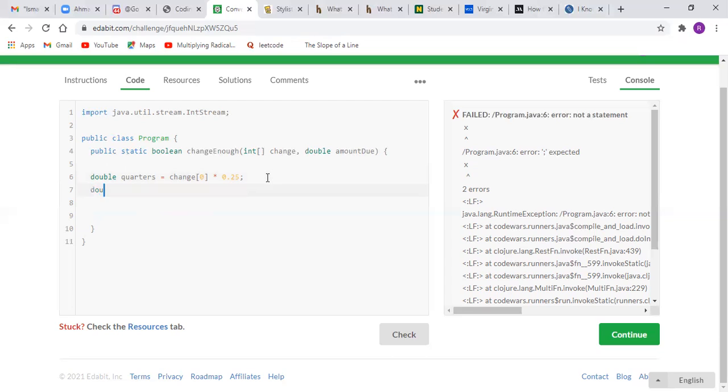The same thing would apply with the second highest coin value, so it goes from quarters to dimes. So we say, okay, double dimes is equal to change of 1, because dimes is in the second place in the array, the second element, which is referenced by the first index. So change of 1 is multiplied by 0.10, and then we'd actually go to nickels, wouldn't we? Nickels is equal to change of 2, and that would of course be